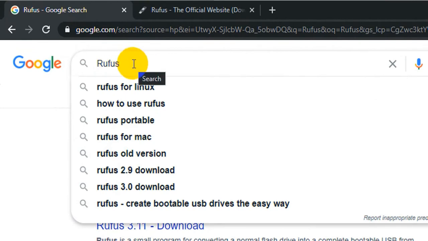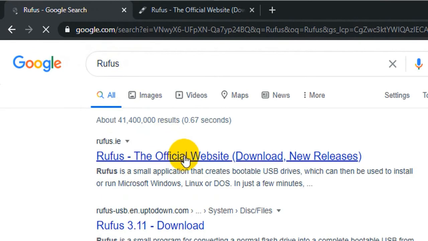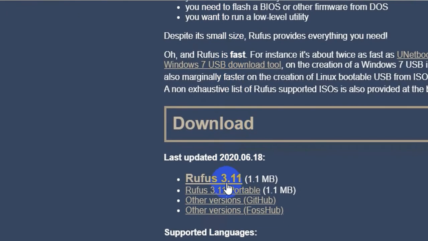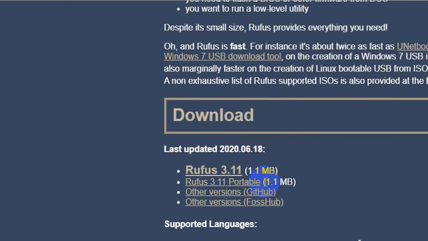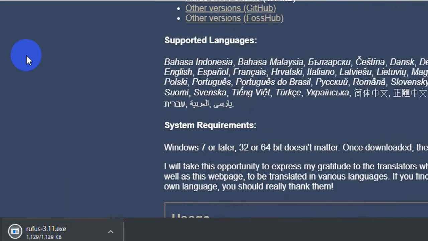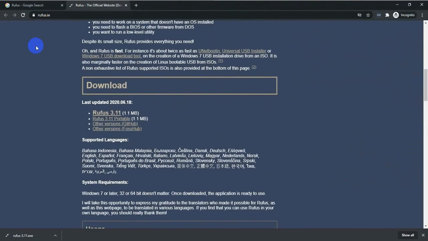Okay, type Rufus. This is the website, and then go to download, the top one. It is a small file, and then